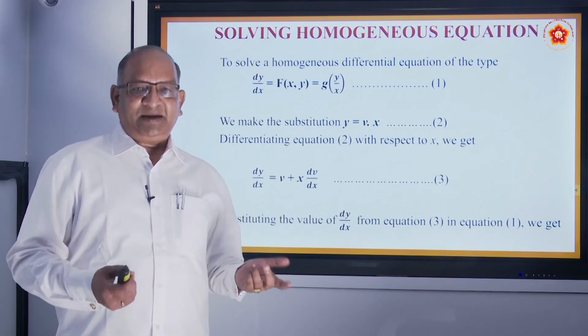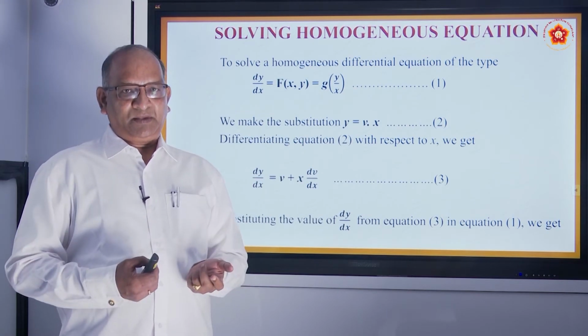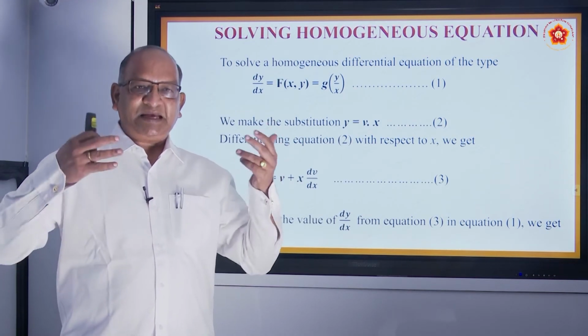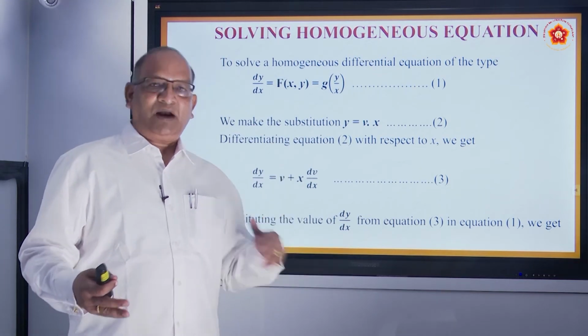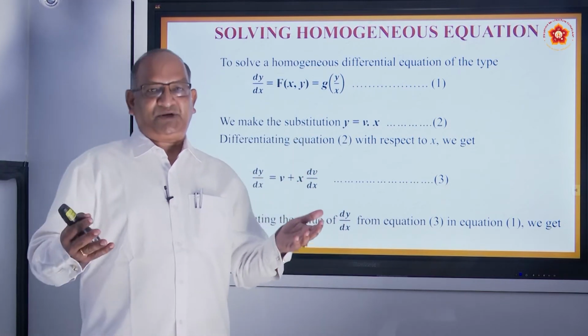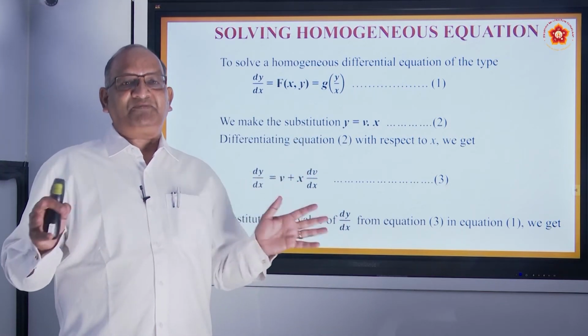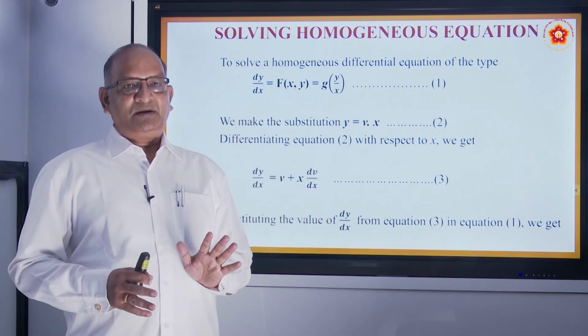When we say it has got an independent method to solve, what we actually mean is, we convert, by making some substitution, the equation into the first type. What was the first type? Variable separable type. We make some standard substitution. It is not that it will differ from problem to problem. We make a standard substitution.